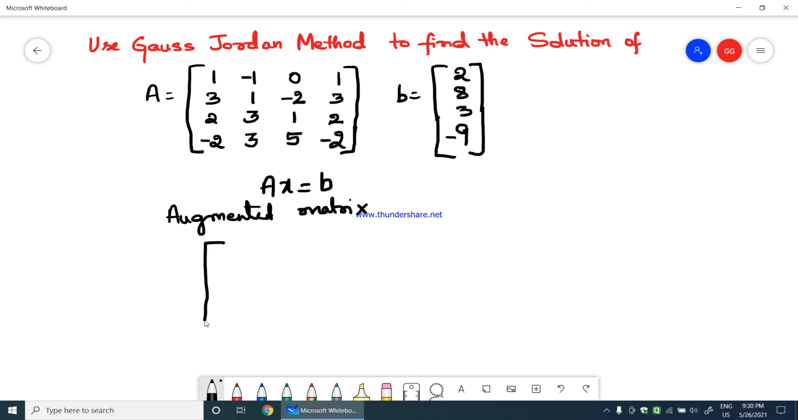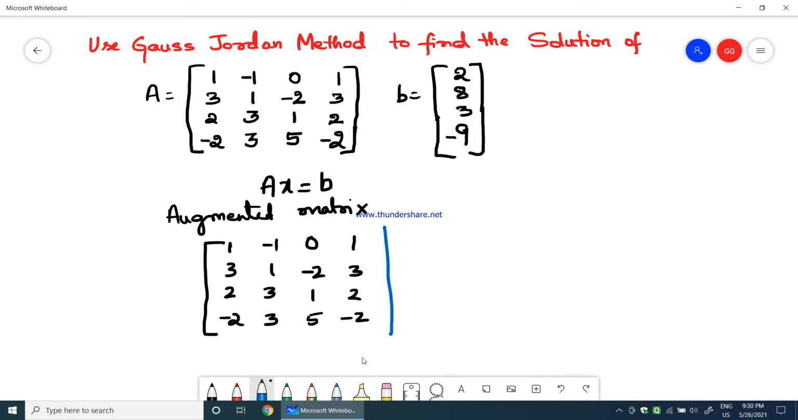So how do we write? We write 1 3 2 minus 2 minus 1 1 3 and 3. Then we have 0 minus 2 1 and 5. Then the matrix 1 3 2 and minus 2. And then we'll write a bar, and next to that bar we'll put the values of B, 2 8